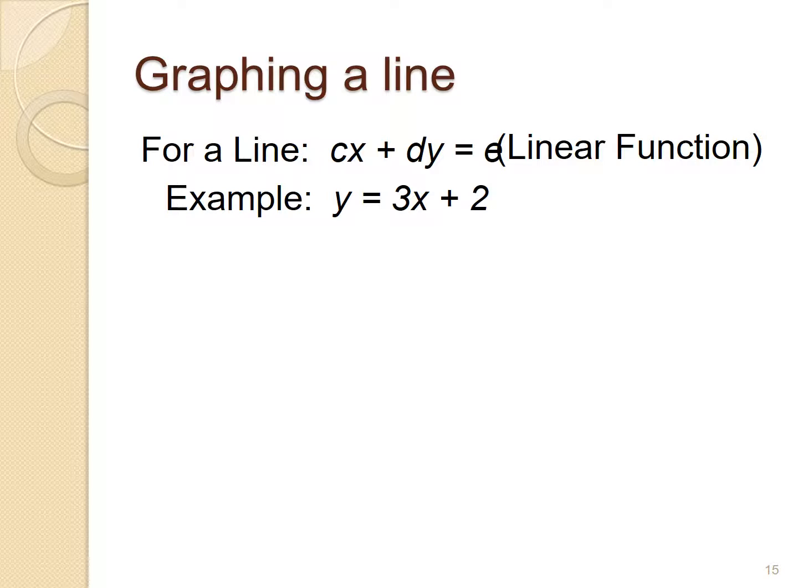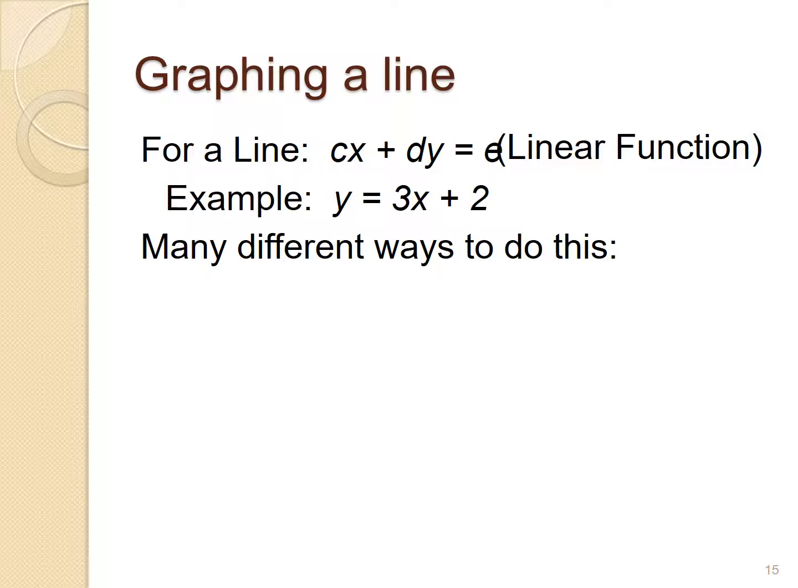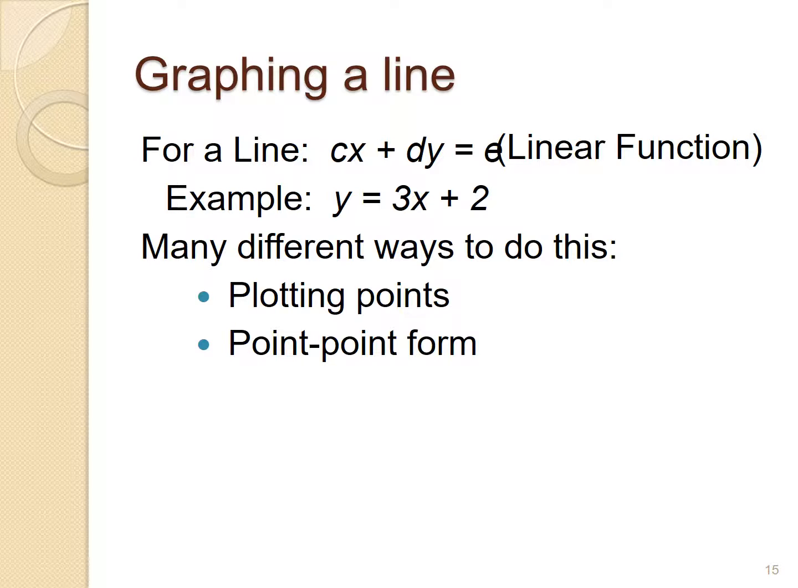Now, if we were working with y is equal to 3x plus 2, there's different ways that we can do this. One way is to plot points. You can go in and say that x is equal to 1. So when x is equal to 1, you would get 3 times 1 plus 2. That's 3 plus 2, which is 5. And do this for a whole bunch of points, and then draw a straight line between these points. The point form can be used. If you can plot 2 points on it, then you can draw a straight line, or you could use this point-point formula, but